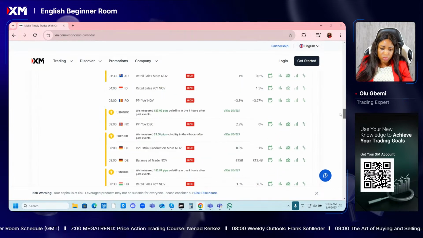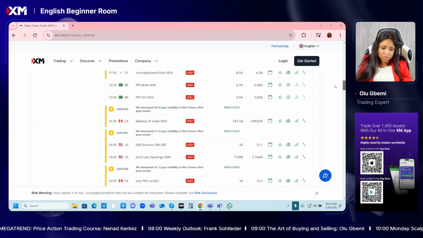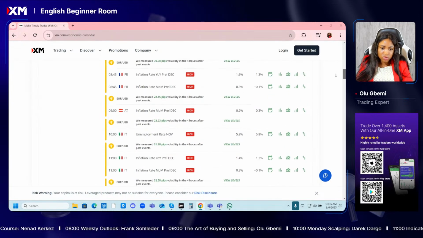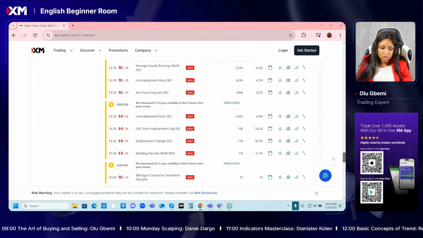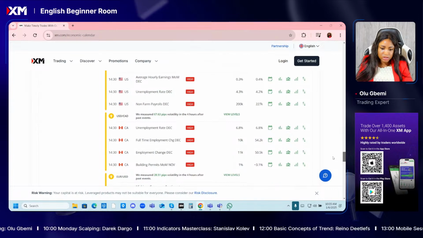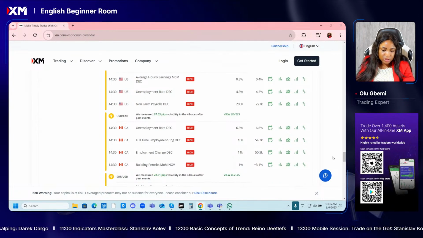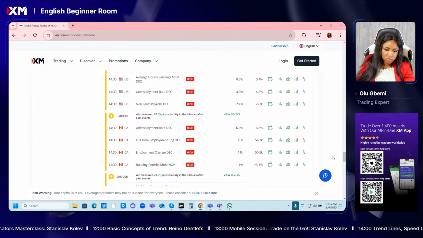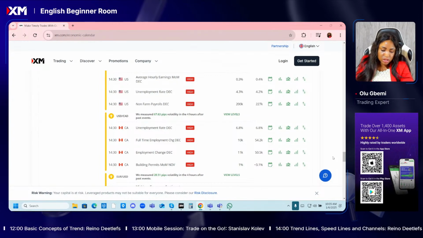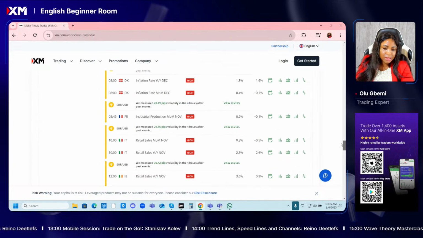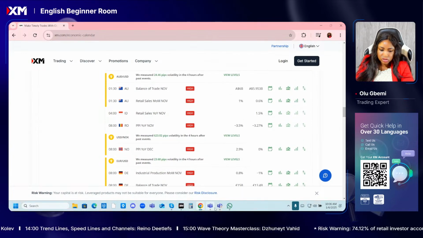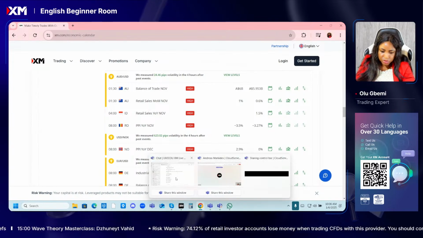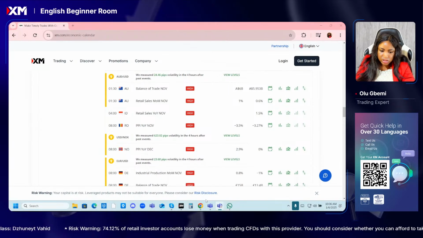Yes, there are some for the week, like the inflation report we're expecting for the euro area tomorrow, something we want to pay attention to. But of course, the non-farm payroll for the US and the employment report for Canada is also something to pay attention to for Friday. So we're going to be looking at how the market is moving, and we would also be planning on how we'll be trading within this week. It's quite important to pay attention to these things as they can go a long way in helping us determine how we will be trading the market. Okay, so we've seen all of that now.